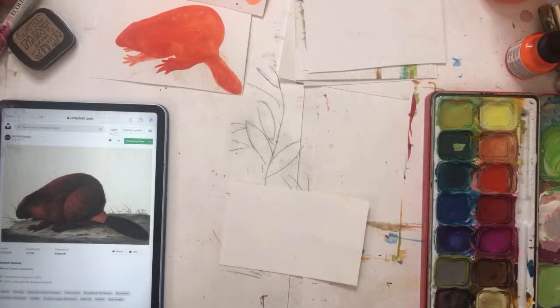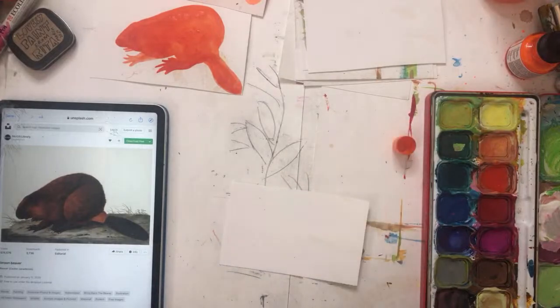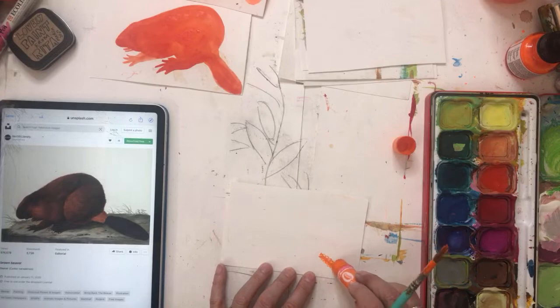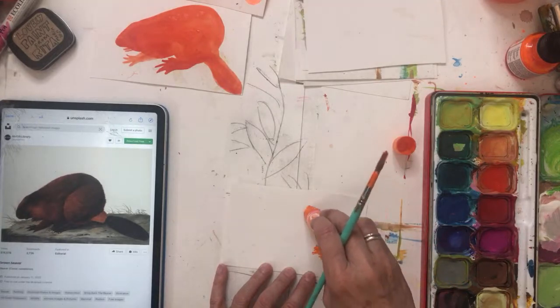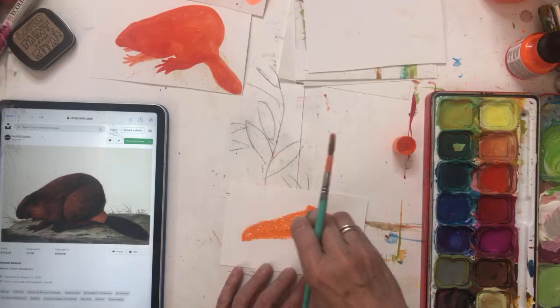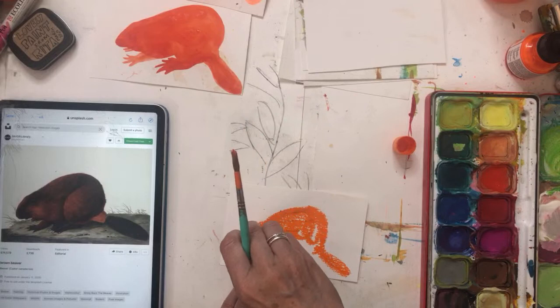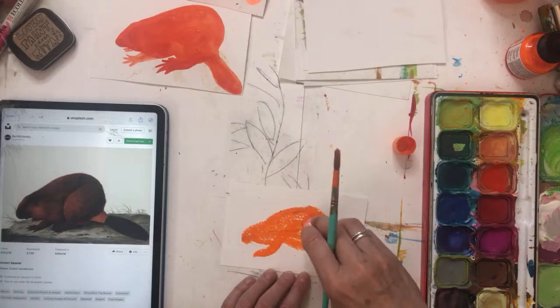So I'm going to do one in that. This time I am going to make sure that I get the tail in. Let's get this tail in. I think I'll use water over the top, just because I'm using watercolor paper, so I think it'll be nice to use it over the top.